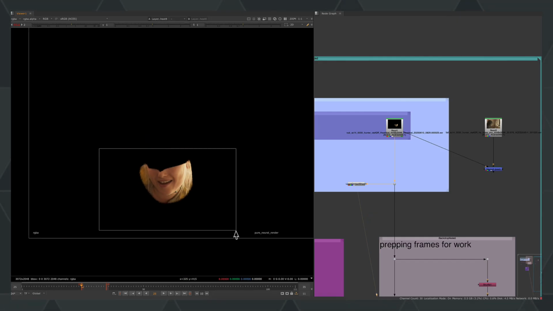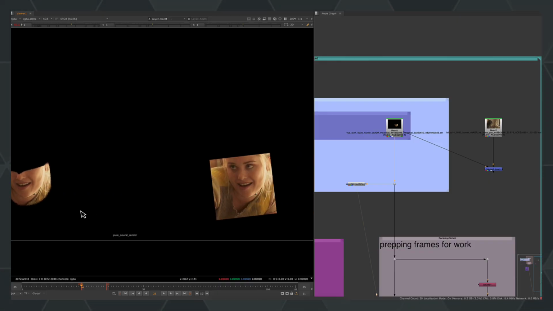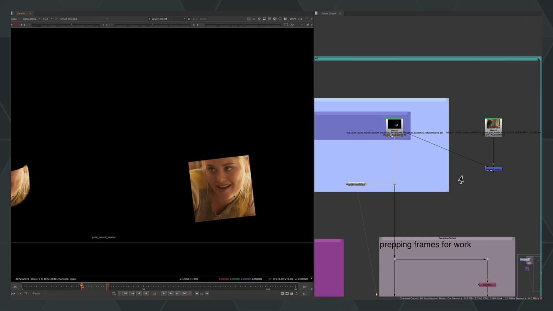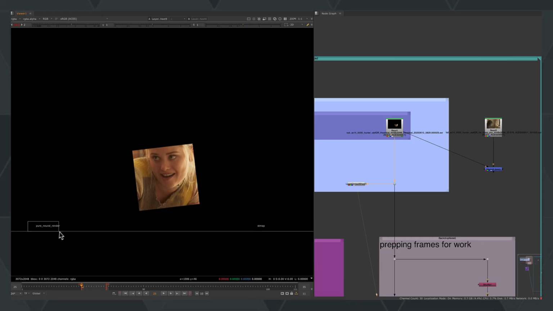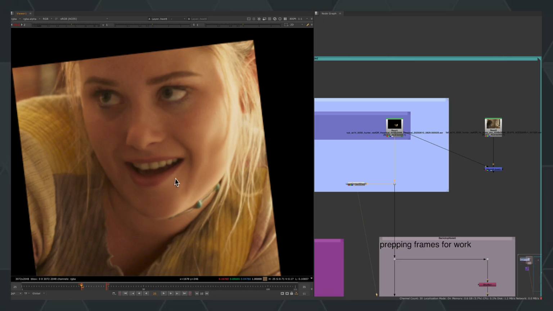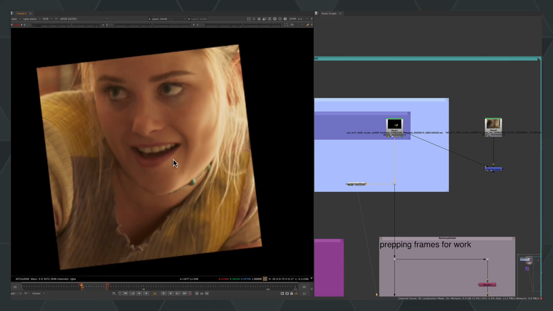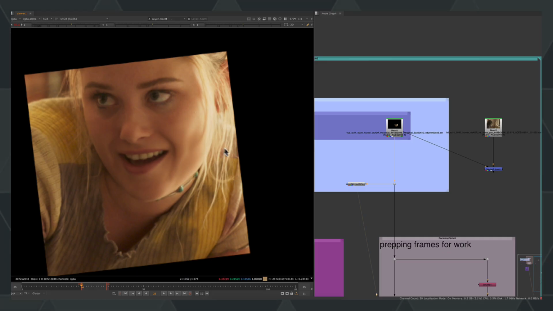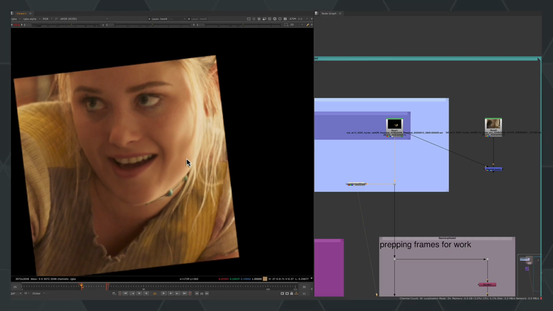But if you're not happy with the quality that it's produced, then we can just go over here and shuffle out this layer, which is called the Pure Neural Render. And this is pretty self-explanatory. This is what our model spits out without any of our compositing processes on top. So you can think about this as going back to the start without any of the additional stuff you've thrown on it, because then you don't have to remove the grain, do your work and add it back on. We have this without grain, without motion blur. You can do your cleanup, then add that stuff back on afterwards.